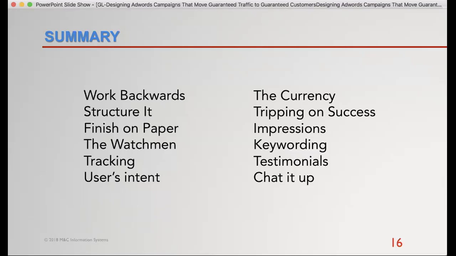Change the currency that you're thinking in terms of. It doesn't always have to be actual sales, but what are you willing to pay for any leading indicator up to that point? If we tripped on success, what does it look like? Along the same lines, how do we know that it's working? Don't lose track of impressions at the very least. Even an underperforming campaign, if you're in love with the keyword phrases, is probably doing you some good and helping you in the marketplace. And then we ended with a few ways to jump up into keywords.